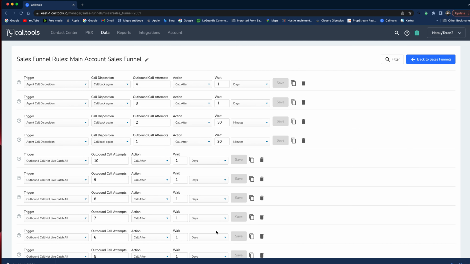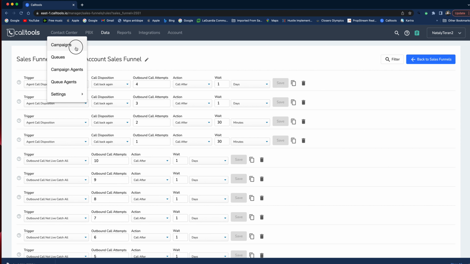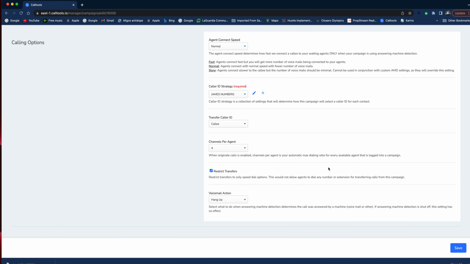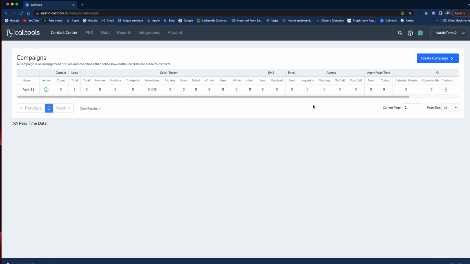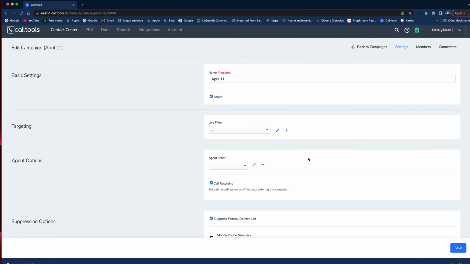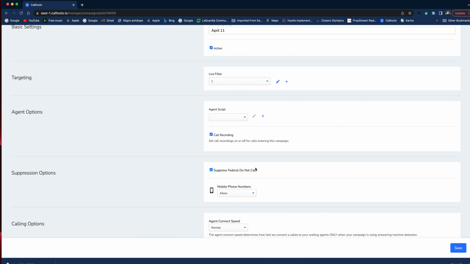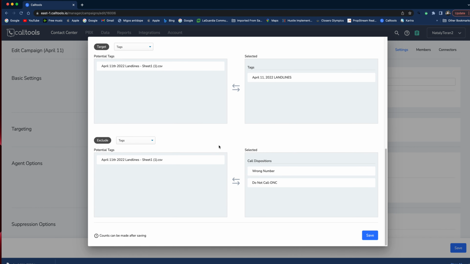So honestly, this is fine, because let me show you guys something. When we go into your campaigns here and you go into your settings, where is it that I wanted to show? Oh, I'm having a brain fart right here. Oh, right here. Your live filters. Your live filter is going to help you out with that. So, last call disposition, not interested,